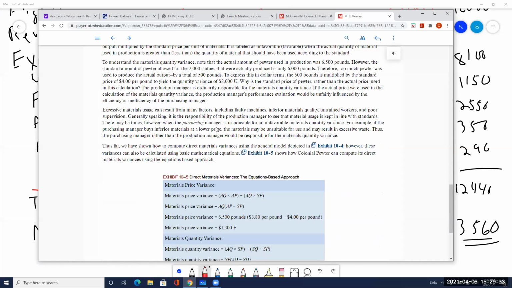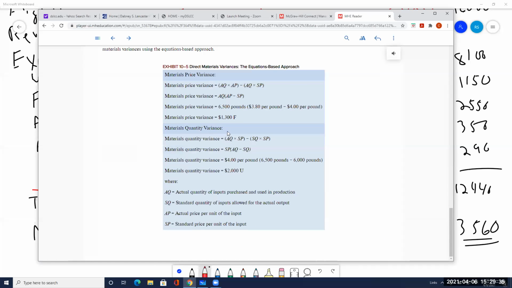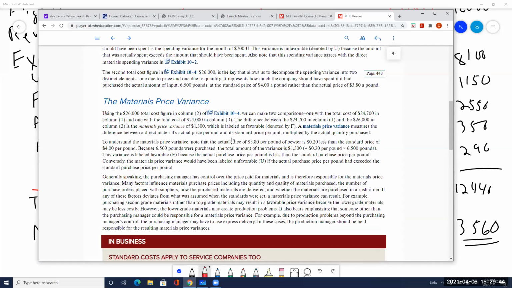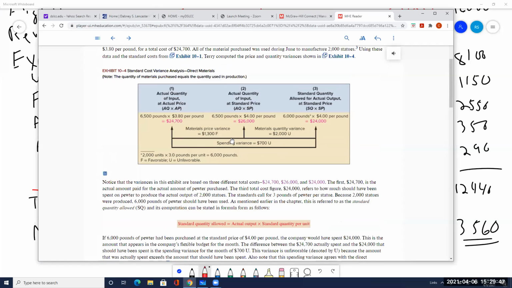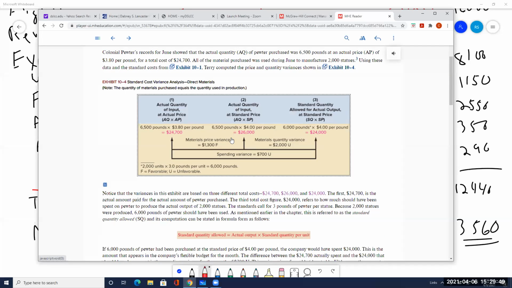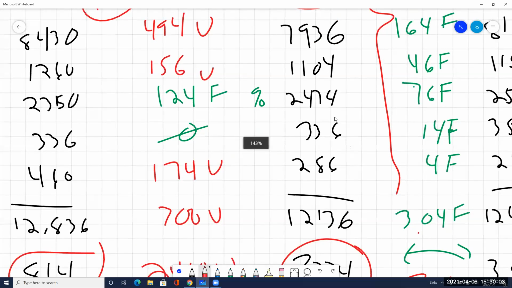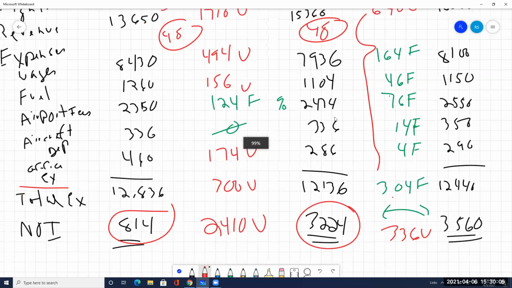If the formulas like this make sense to you, go for it. But I'm going to tell you in class next week, I am going to be doing things this way just because that's the easiest way for me to remember and to show you how it's done. And notice once again, you're computing variances, unfavorable and favorable. The only real difference then, if you will, from today is what we're going to be looking at next week